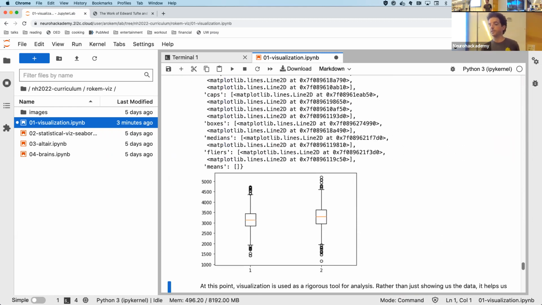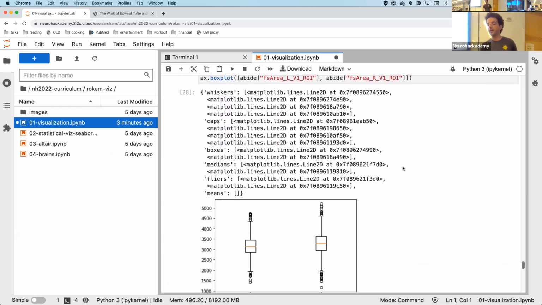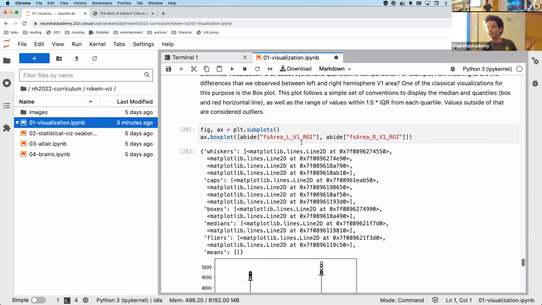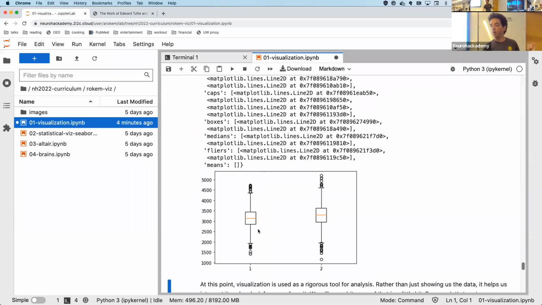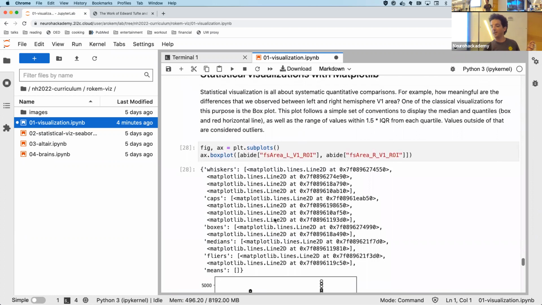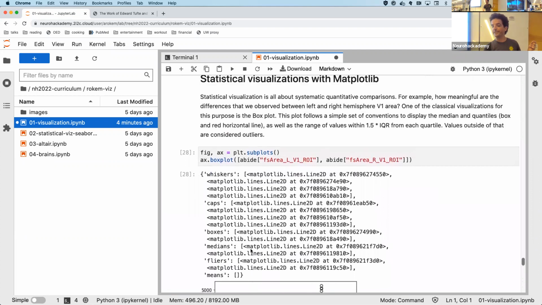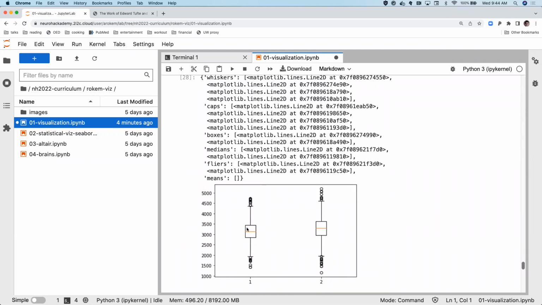Here's one kind of statistical visualization called the box plot. I'm never sure if it's called box because a person called Box invented this, or because it's boxy. But be that as it may, it's a very common statistical visualization. You might have seen this before. Here I'm displaying, I think, 1 and 2, left and right V1. And I believe that the red here is the 50th percentile, the median, with the 25th and 75th. So this is 25, 50, and 75